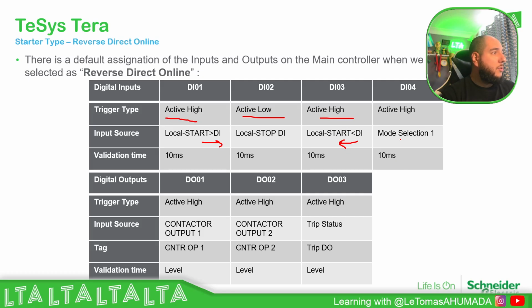Okay, this one by default in the mode selection, but this is only to select which is the source for the start or stop. And then the output, digital output 1 is going to be for the contactor 1, and the output 2 is for the contactor 2, and this one is just to trip status. Okay, that's all we have